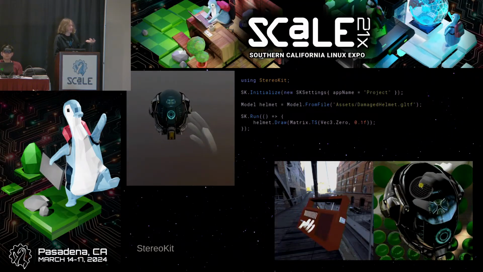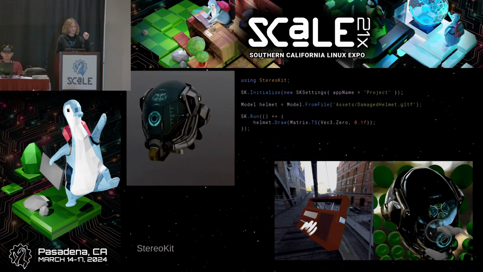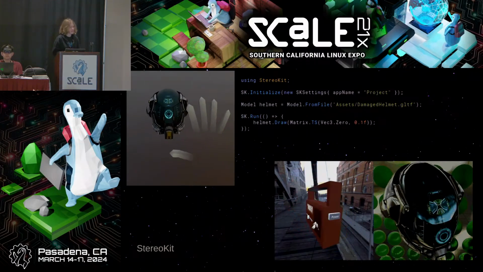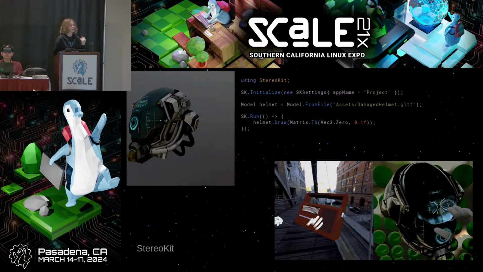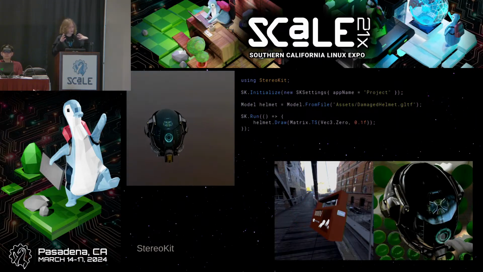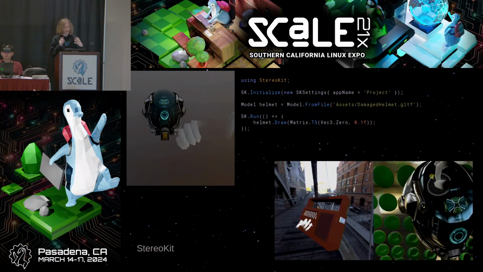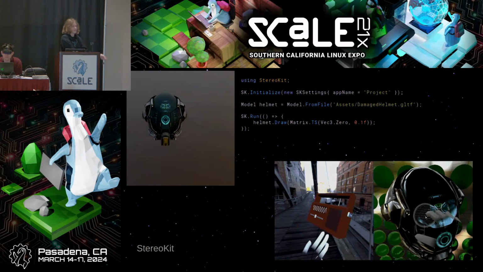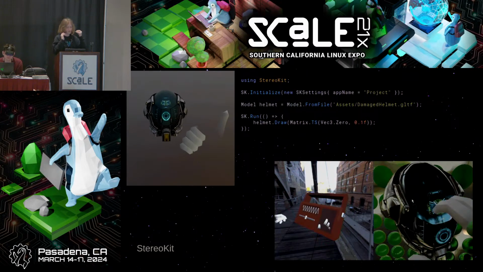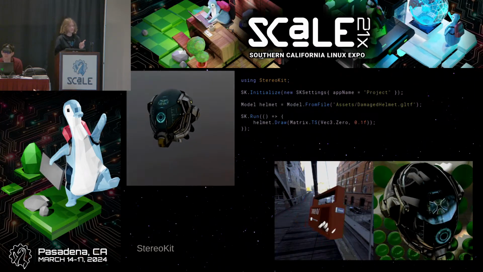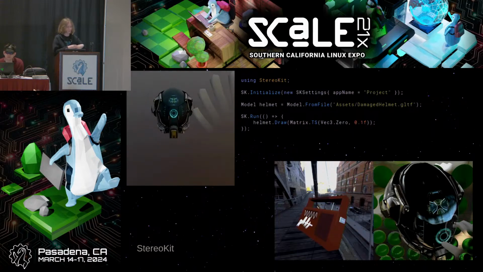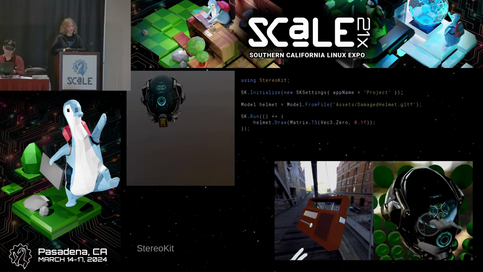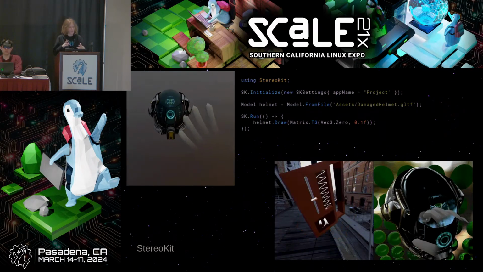And so I basically had to talk with the project maintainer. I had to ask, okay, hey, I want to add this to Linux. And then I had to do most of the work, but I got a lot of help along the way to actually implement it. So I had to use all of the skills of interacting with people that I learned at the previous talks. I had to use all of the programming skills that I had used there. I had to use the design skills that I had picked up along the way in order to make all of this work to where StereoKit is actually very, very reliable on Linux today.